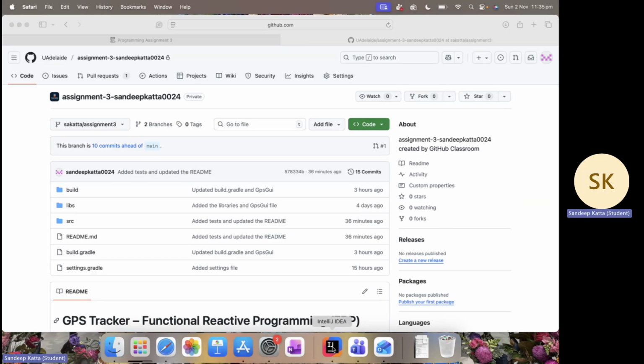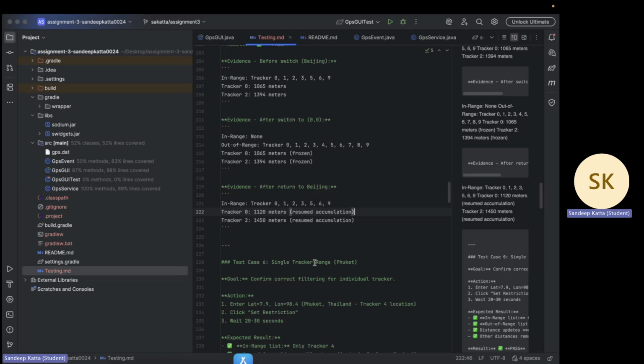It shows which trackers are in range versus out of range and calculates the distance traveled by each tracker over a 5 minute sliding window. The key FRP primitives I'm using are map for transformation, snapshot to capture cell values, and filter to remove out of range events,